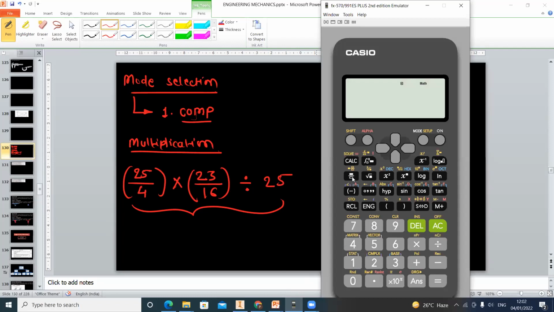You can see there is one option which is fraction. You have to press this fraction. Now here we want 25. Then we have to select the denominator. For the selection of the denominator, we press the down arrow. The arrow is not visible, but this is the down arrow. Then enter 4. Then press the right arrow, so that you can take the cursor to the right side, out of this fraction. Now we have to multiply this. Press the multiplication sign, again fraction, then this is 23.